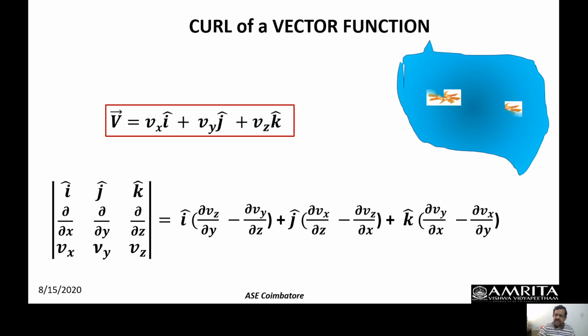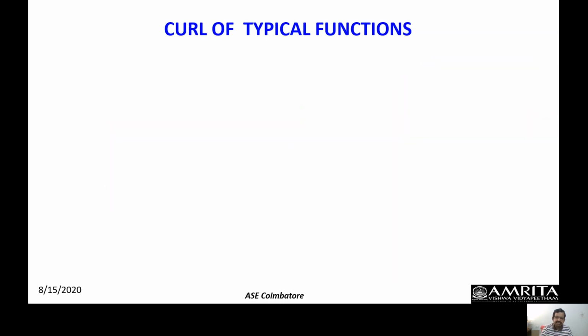So here it is rotating fast and rotating slow, and there is another point where there is no curl at all. So when you take a curl, you have to associate a point: whether about that point there is a curl associated with the given vector function. Three examples are shown to illustrate that the curl is not the same. It varies at different spatial points, and we have seen this practically in our life also. So there is no doubt about this.